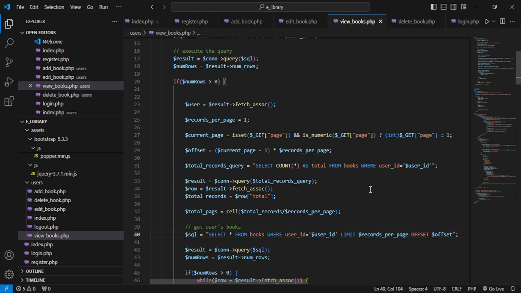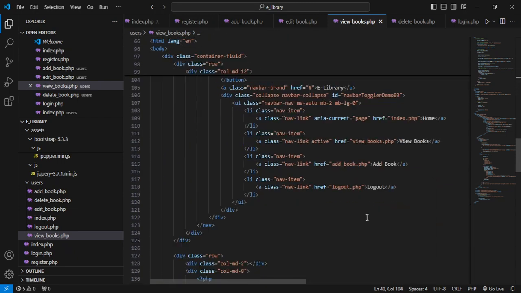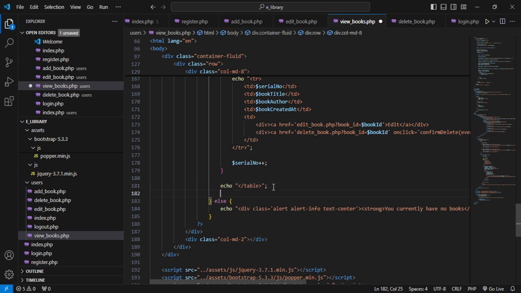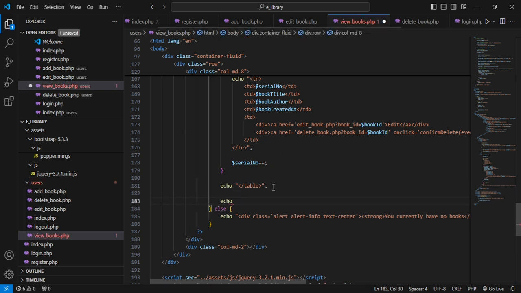All right. So we need to actually have a way that we can put the pagination on the page. So how do we do that? Now we're going to create a pagination styling to make the pagination look good. But let's do that after here. So we echo a div class called pagination, and then